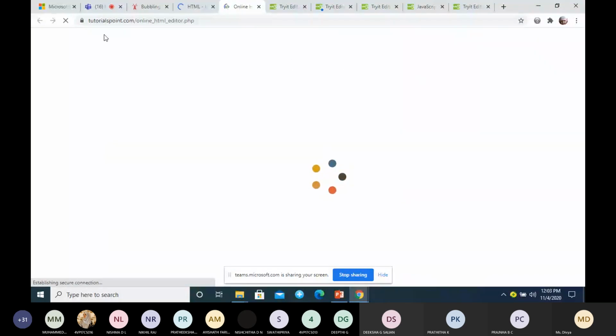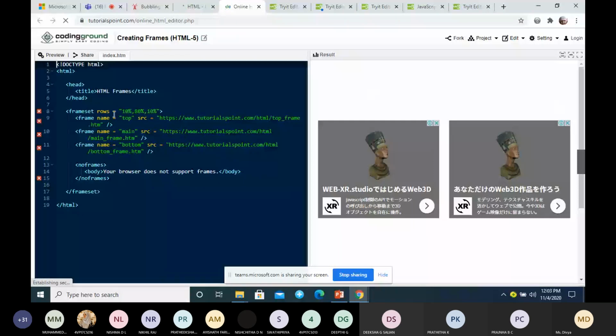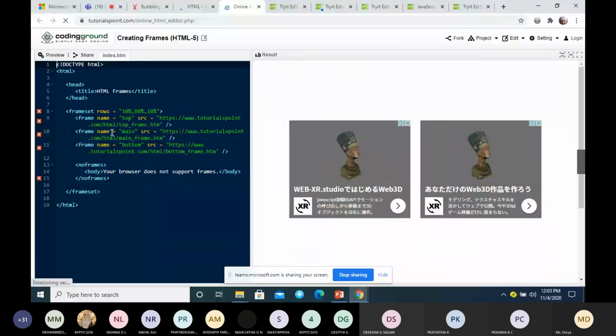Actually, when you have a window, we can divide our window. I want to divide the window into three parts. You can see here we are dividing into three parts, and you can use the different frames for displaying different contents.